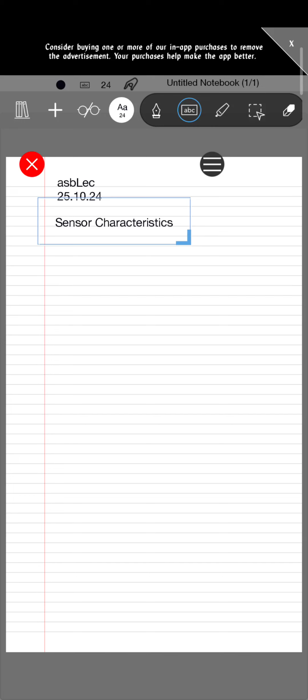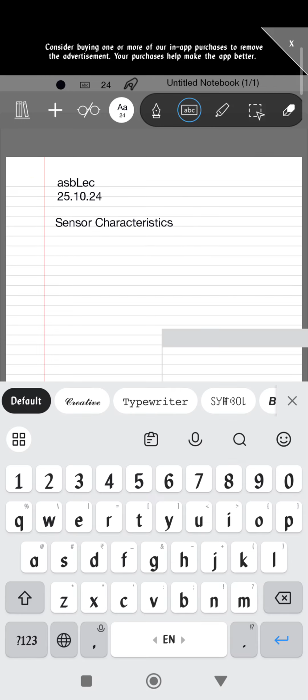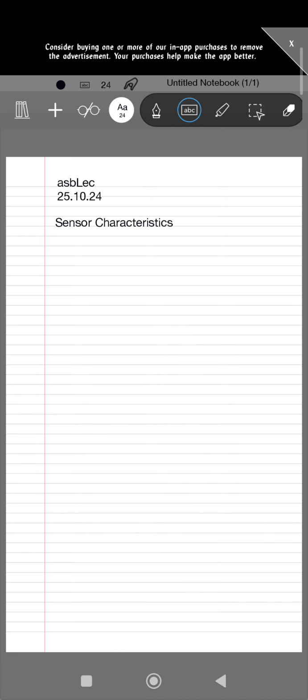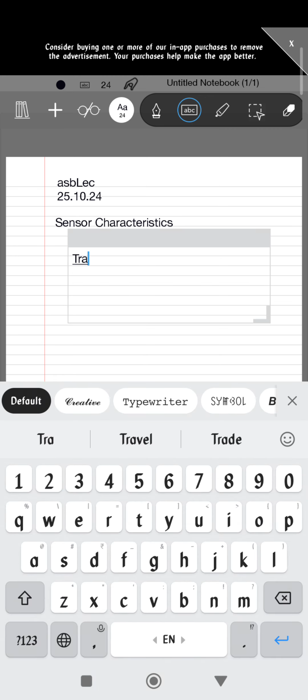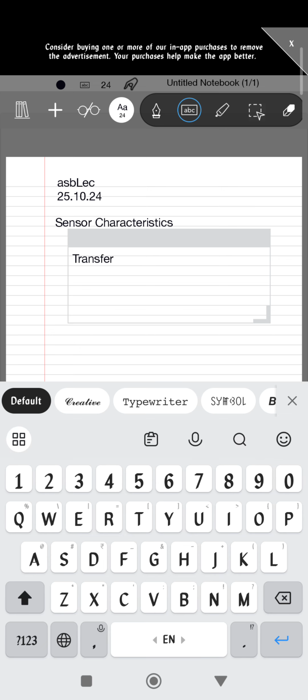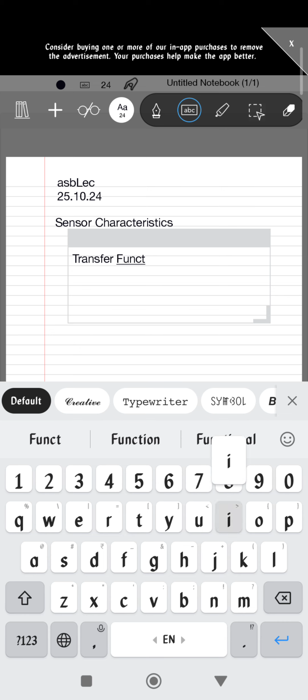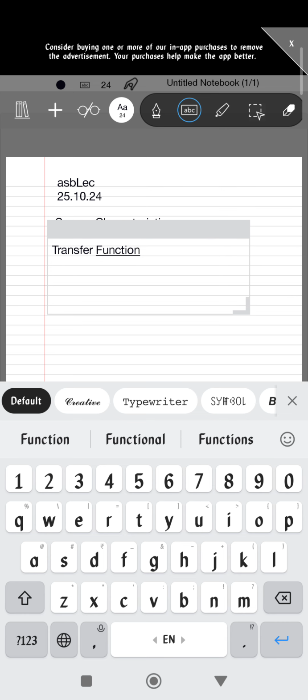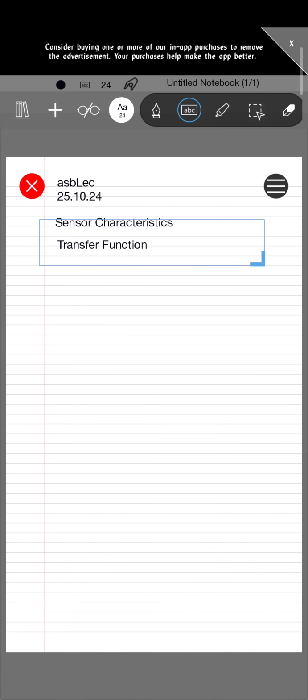Hello students, so in this lecture we are going to discuss some of the mathematical expressions which are used in characterizing a sensor. We will first start with something called the transfer function. Transfer function. Now, we know that whenever there is a stimulus, a physical stimulus,